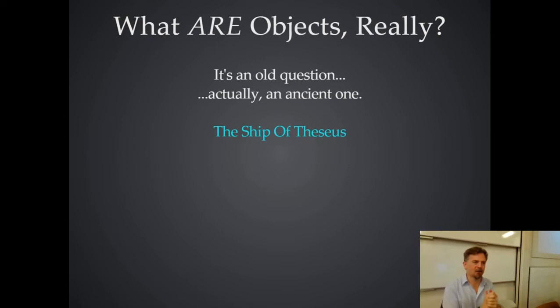And the idea is that the ship they supposedly used for the voyage was then kept there as a memorial of this great triumph. But as time went on and the years passed, people realised that the ship is a ship, right? It's a physical object, so bits of it would fall off, or some of the planks would wear out. And it's, well, what are we going to do with this really important historical monument? So we said, we'll patch it up, right?